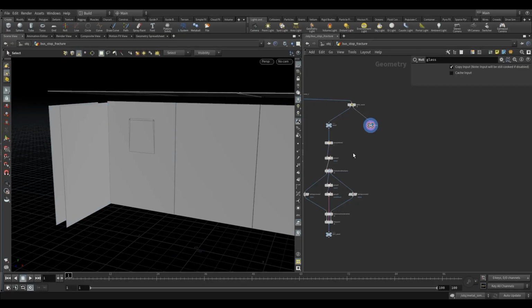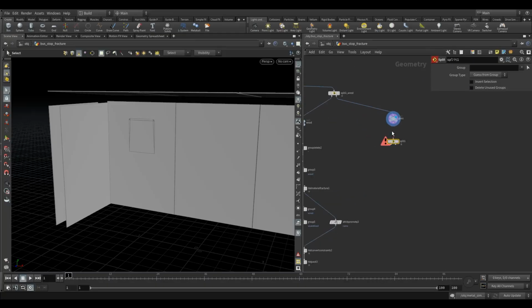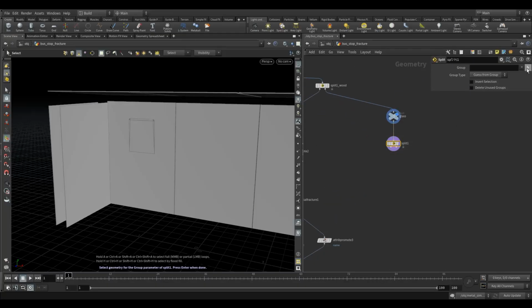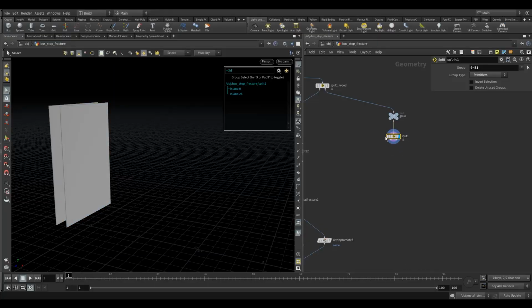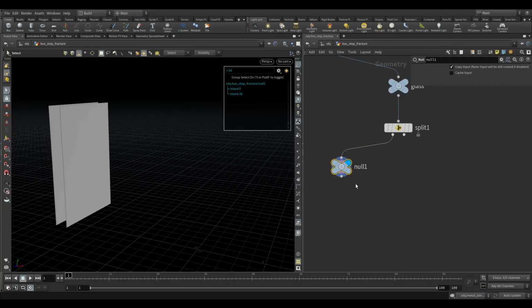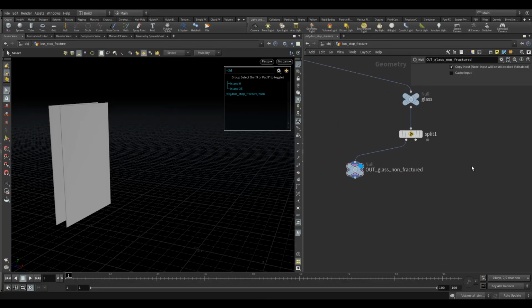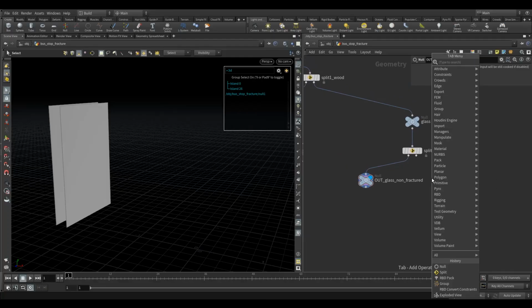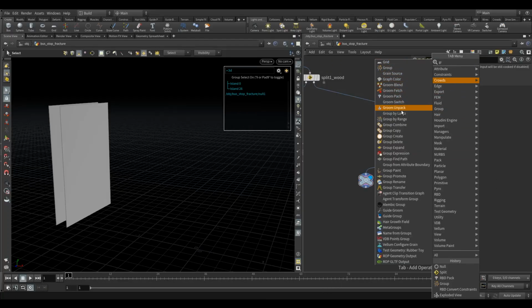So first of all, let's just drop a split node. Let's come over here, give ourselves some space. Okay, and then come up here, and if I press 9, 3D connectivity, grab these two, press enter. Good, okay, and then they will be by themselves here. So if I call this out glass non-fractured,